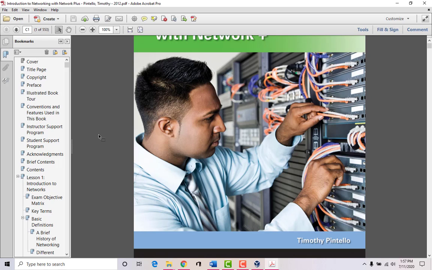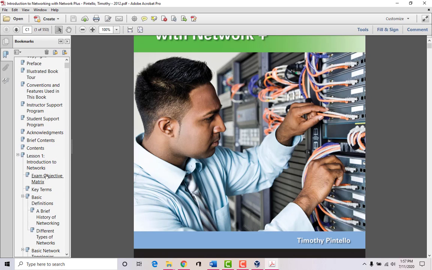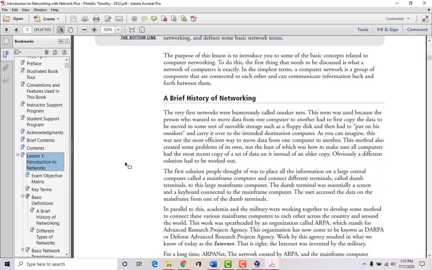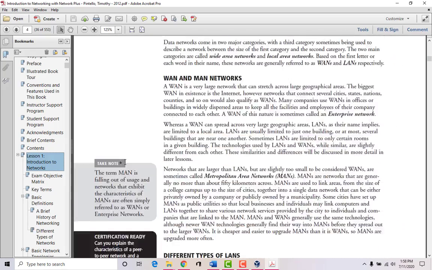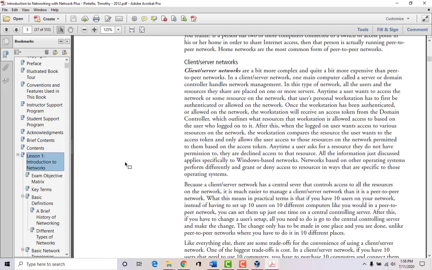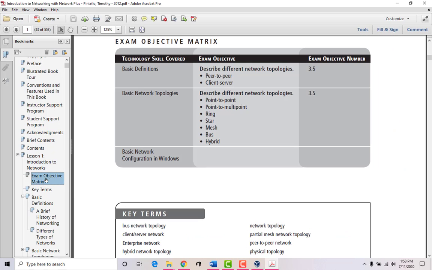The lessons are really good, right? It goes into very much detail. Everything that's going to be in the lectures, you're basically covering it through here. All the slides are based on this book,